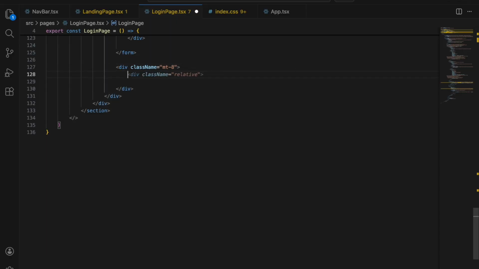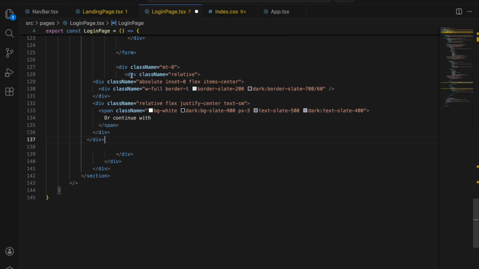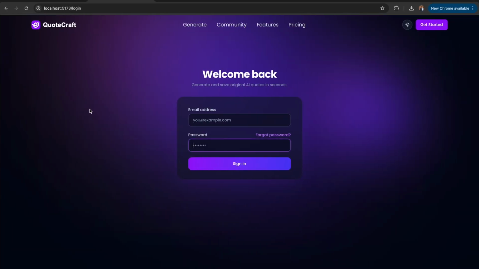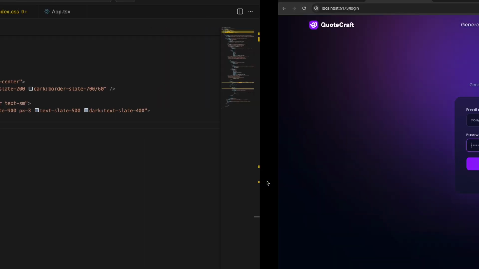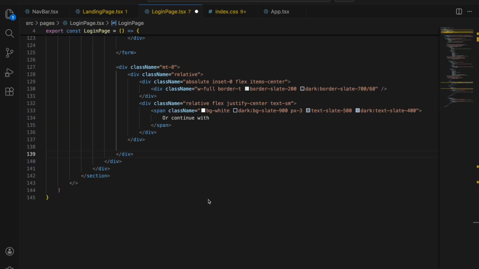And here we'll have one div section that will put a text, or continue with, with a line. And after this div, we'll add the Google